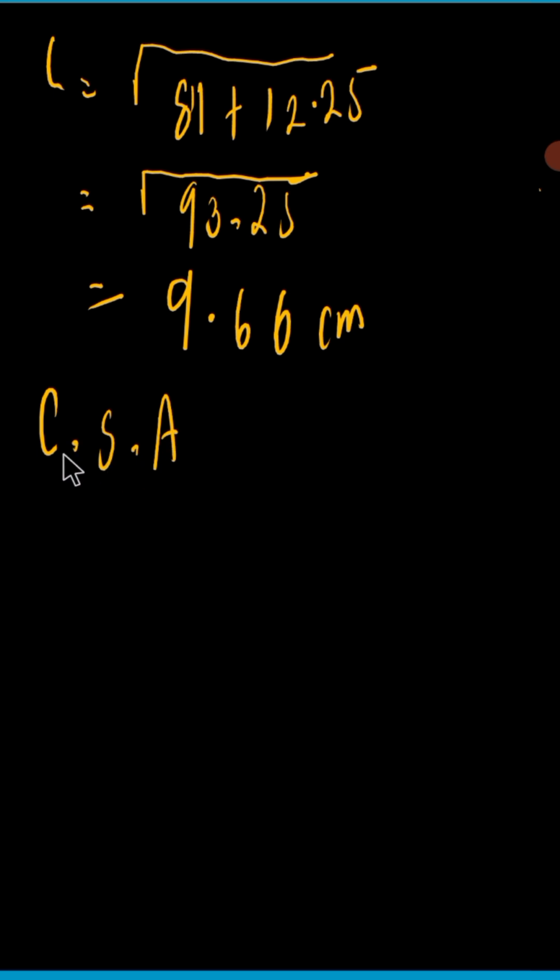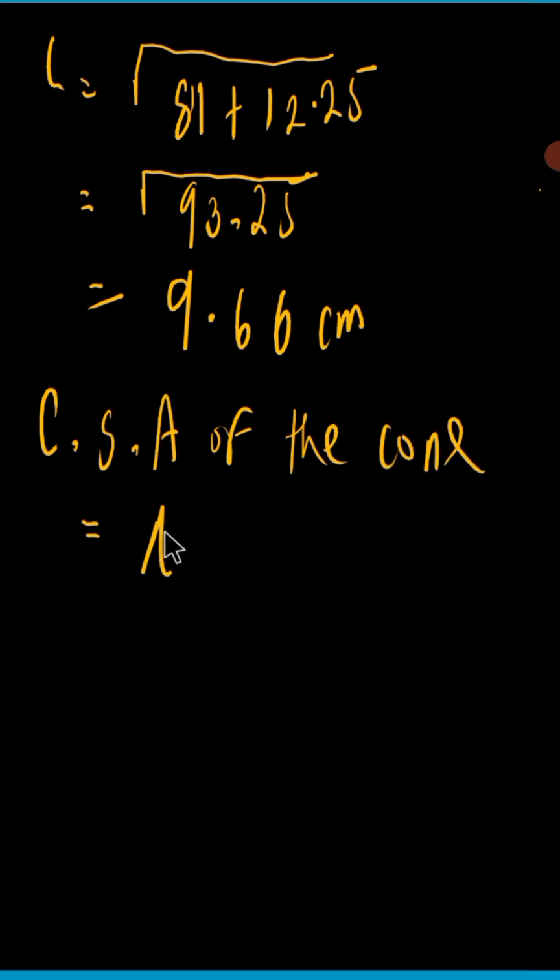CSA means curved surface area of the cone. And what is the formula? The formula is pi r L. That will be equals to, our pi is 22/7 times